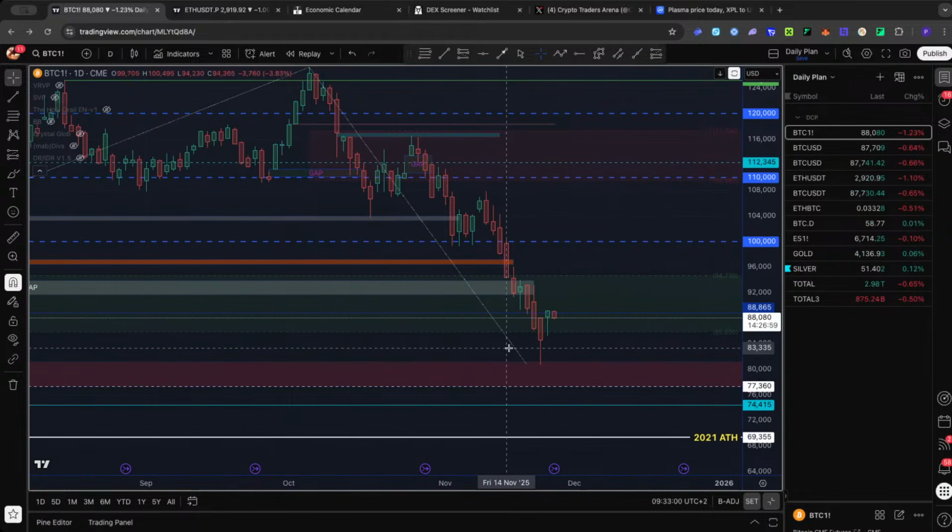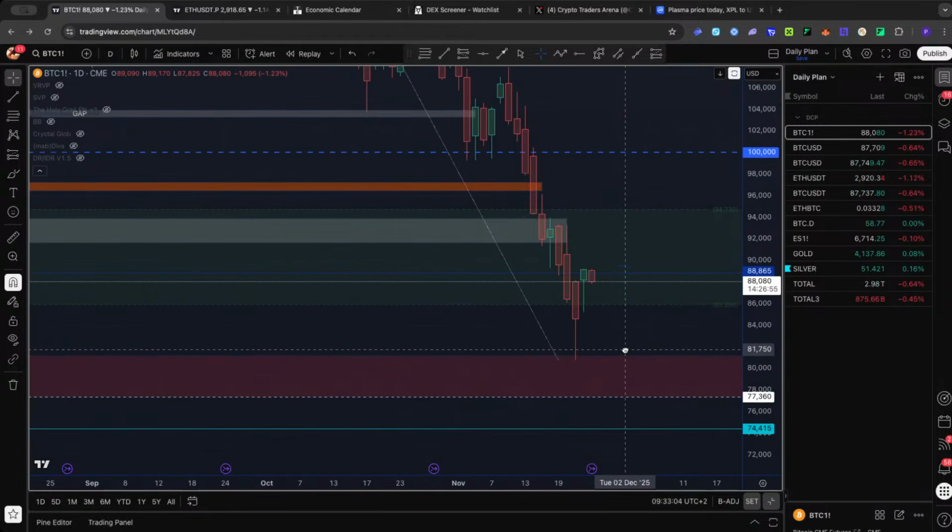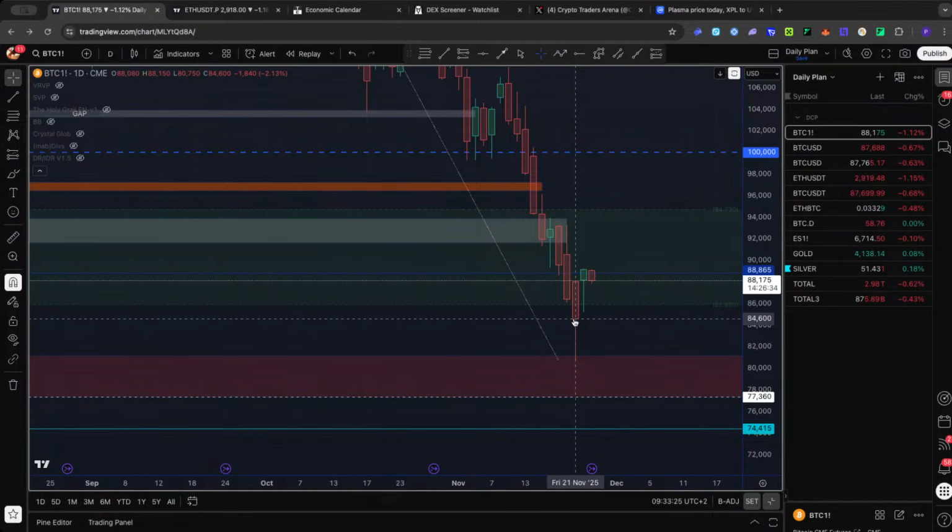What do we have here? Let's break it down candle by candle. We fill the gap. We dump like crazy. We rejected from ADK. That's nice. Yesterday was kind of, I'm trying, but it's Monday. No, I don't have the power to push it. And now we're going back down. On lower time frame, we should hunt candle body lows here. 84.5. It's a nice location to hunt on lower time frame.